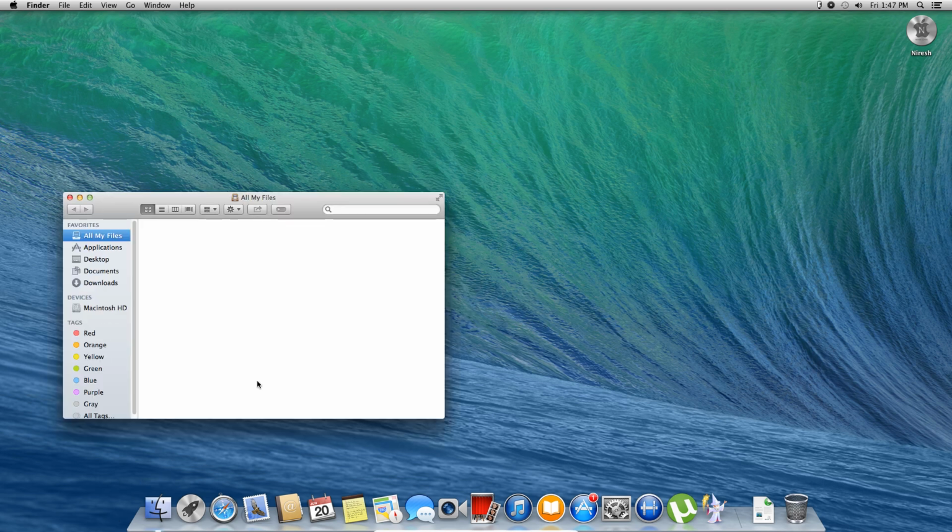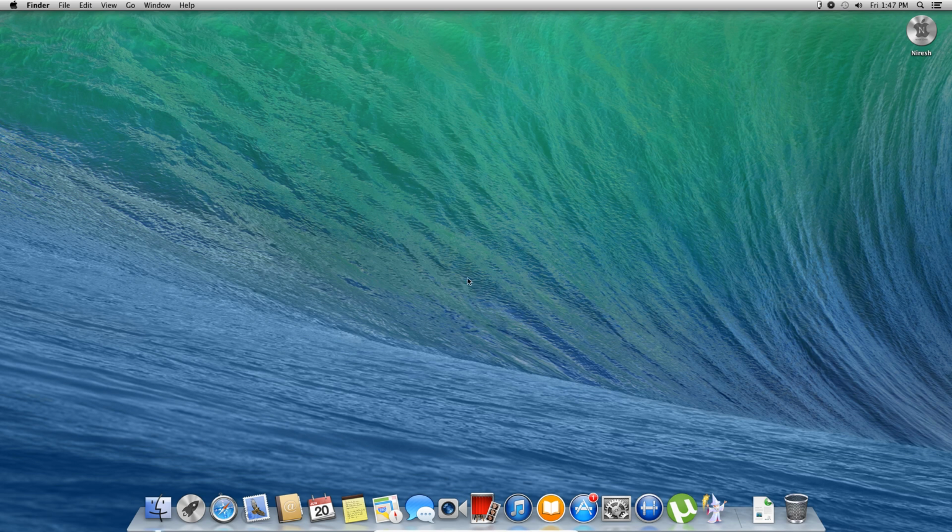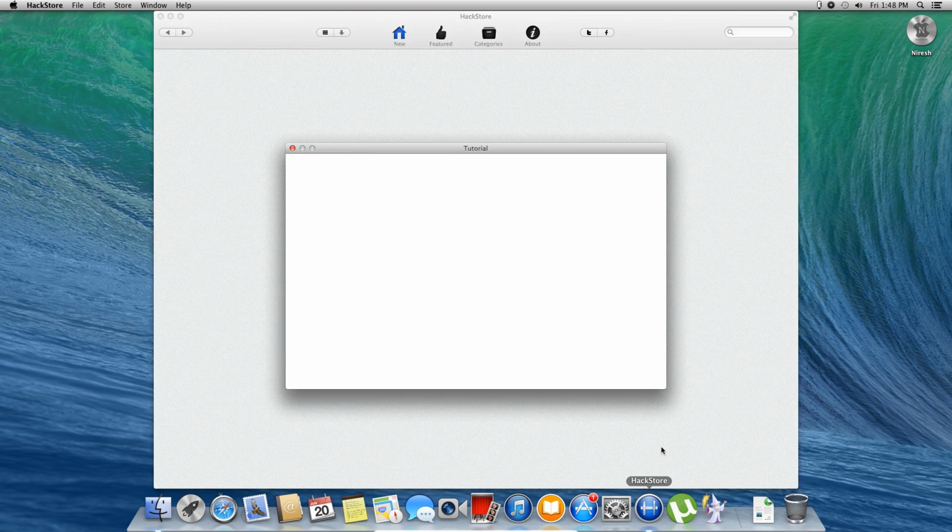We got a nice Finder window. It may be a little laggy, but that's only because I didn't allocate that much RAM. When it's full screen, you might want to allocate a little more video RAM than I have right here. As you can see, it comes with Text Wizard, uTorrent, and Hackstore. Text Wizard is for installing new kexts, which we'll probably have to do when I fix the audio. uTorrent, you could just download torrented files, obviously, and Hackstore has a bunch of